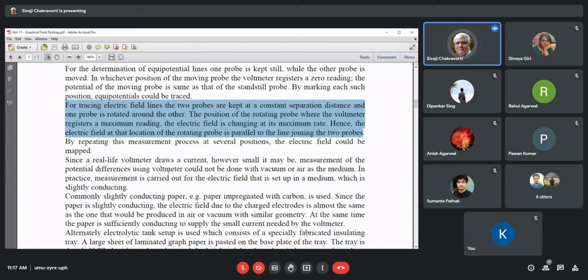What we do is keep the distance between the two probes the same, and one probe is again placed at a fixed point and the other probe is rotated. Why rotated? Because we are keeping the distance the same between the two probes. And when we measure the equipotential,